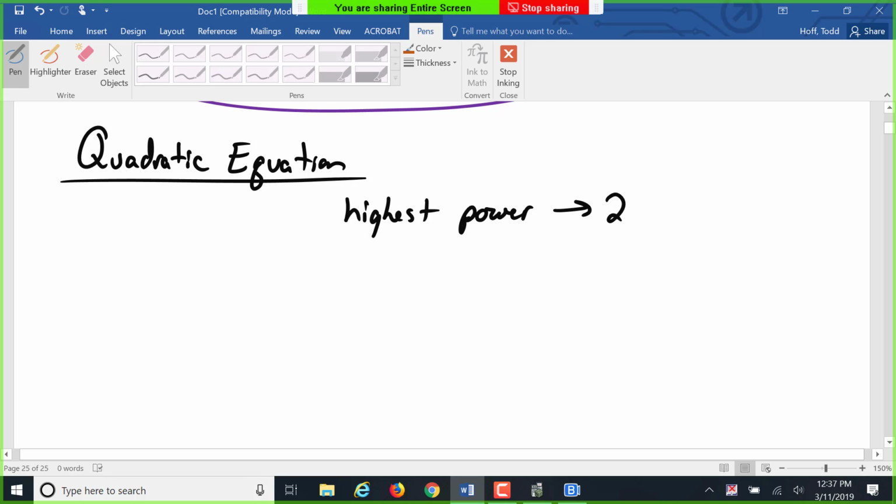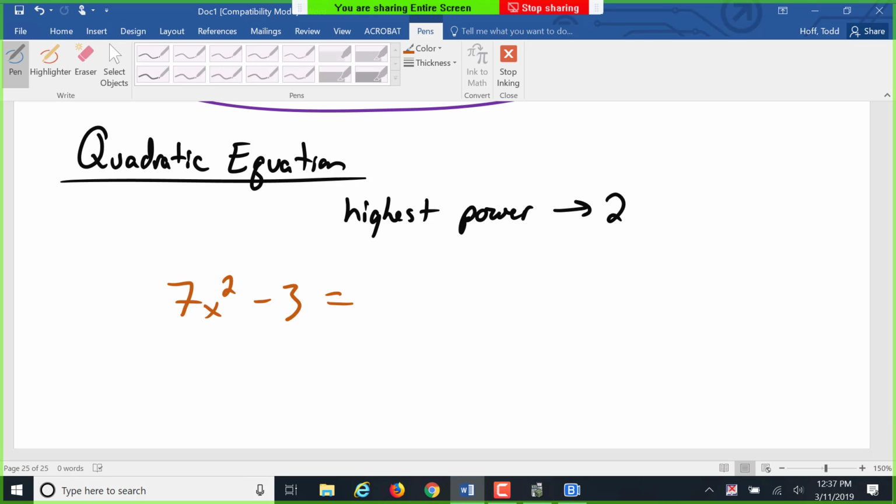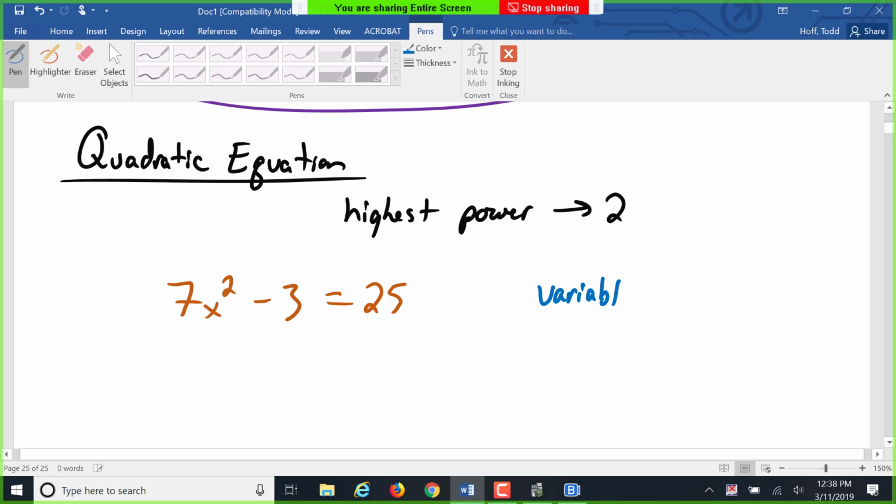We might run into 7x squared minus 3 equals 25. If I go to solve this, what do I have to do? Okay, there's two methods we can go about. In this one, the variable x appears how many times? Once, yes. If the variable appears only once,